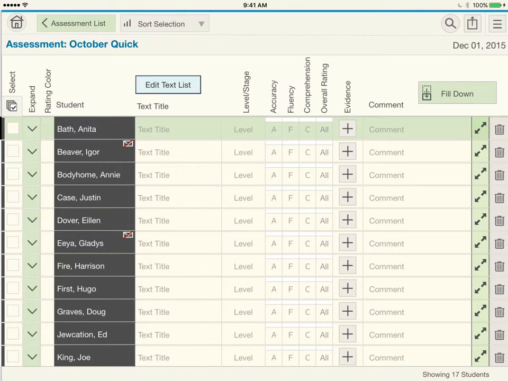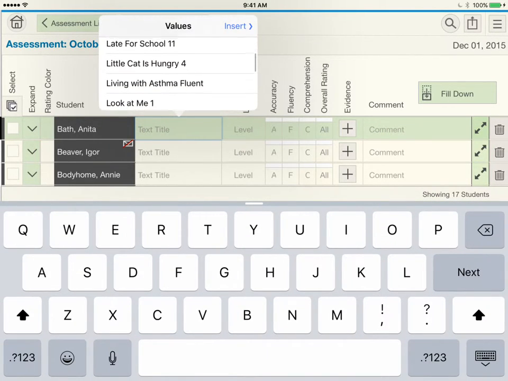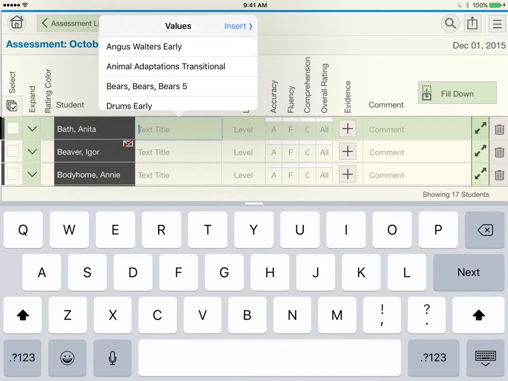I bring students up, whatever book they're reading. I just want to hear them read for a little bit. I'll just type the text in. Now this does automatically have a bunch of text already in here. Any text that you've entered into the little text database, which I'll show you in another video, you can have a bunch already in here, and then it'll automatically put the level and the title. It's just easier to select, and it also does the word count and other things too,